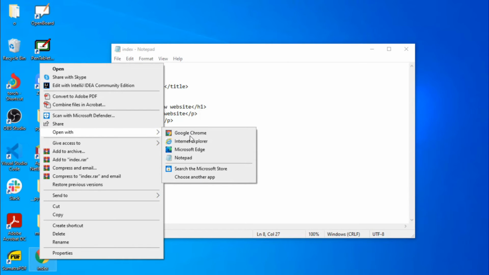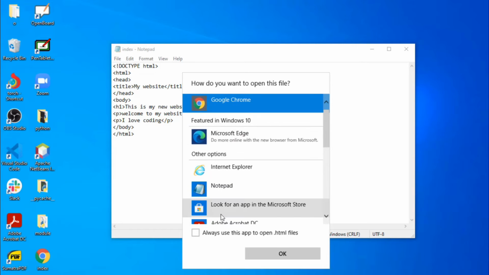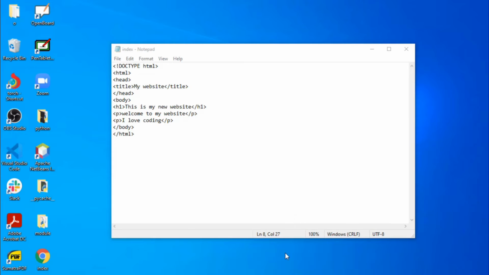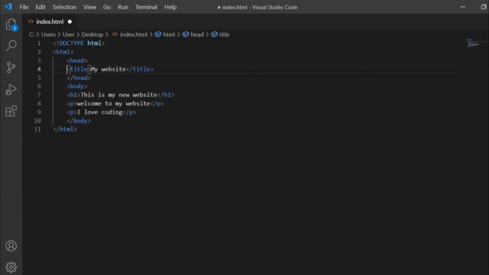So for me, I don't have Visual Studio Code here, but I have it installed, so I'm going to choose another app and click on more apps. Then the next thing I'll do is select my Visual Studio Code right here, and when I do that I'll say okay, and it's going to open this HTML element for me. So I can easily format this so that we know exactly what is happening. I can tab this, and then I can also tab the title,